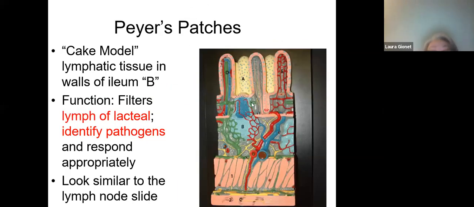Okay, so going back to that model from the small intestine, sometimes referred to as the cake model because there's lymphatic tissue in the walls of the ileum at B. So it kind of looks like an ice cream cake. But in any event, B, and D was your lacteal. That's that lymphatic capillary, open-ended, that's going to transport a lot of the fats that are being absorbed from the